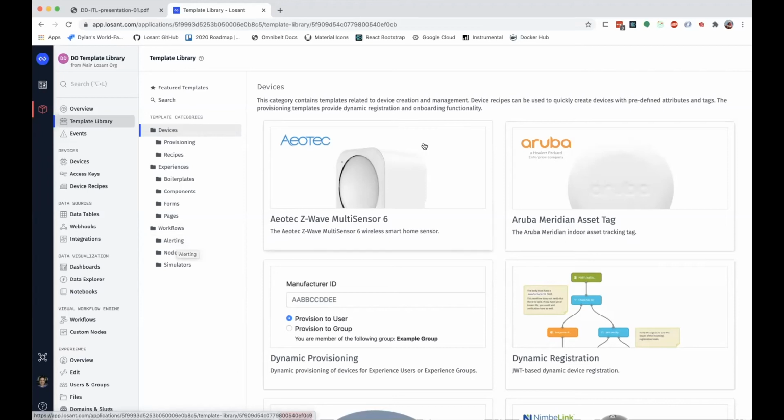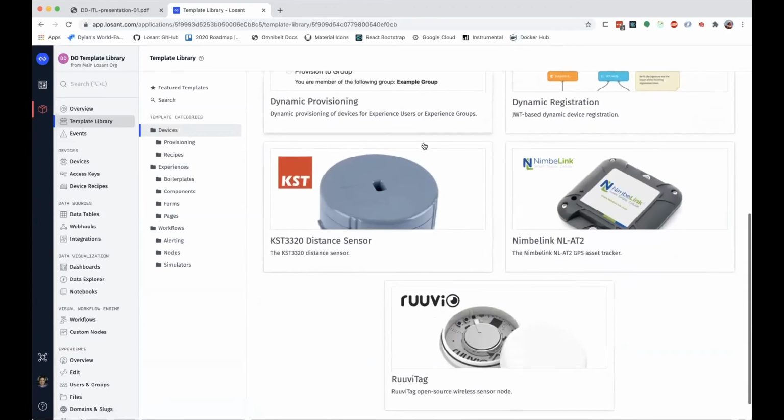We'd love to represent your hardware, your third-party services in this library, and make it easier for our mutual users